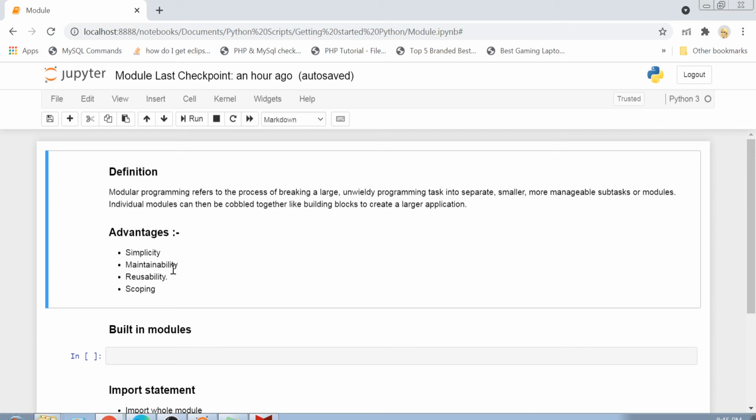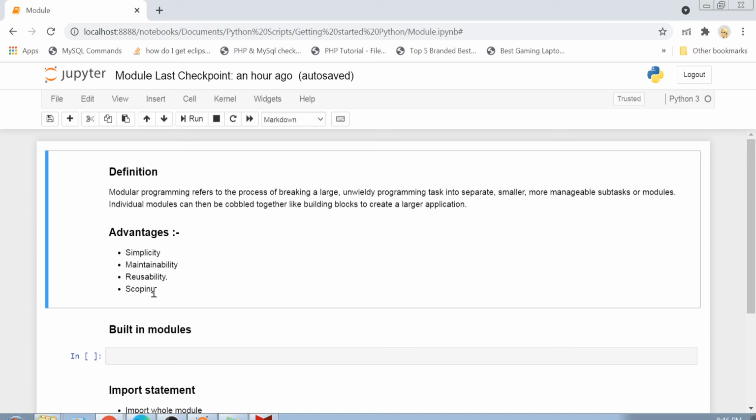To prevent this situation, we need something called the scope of the variable. I want my credit card variable to be limited in scope to my own application only, and you want your credit card number variable to be limited to your application, to your module scope. If we do modular programming, then the variables defined in a particular module are limited to that module. You cannot use that variable independently anywhere else.